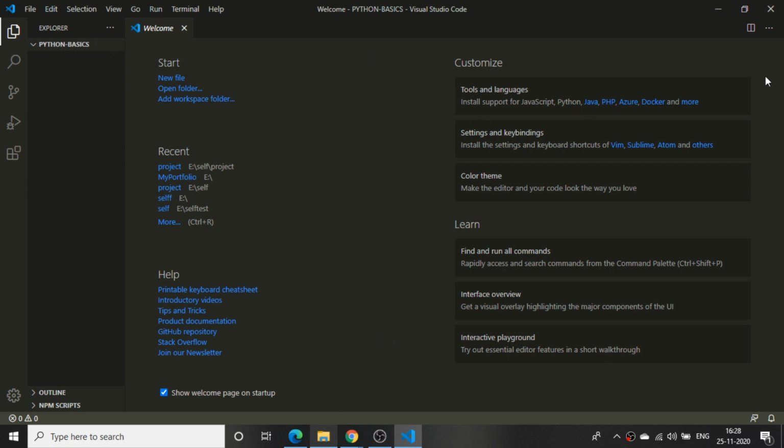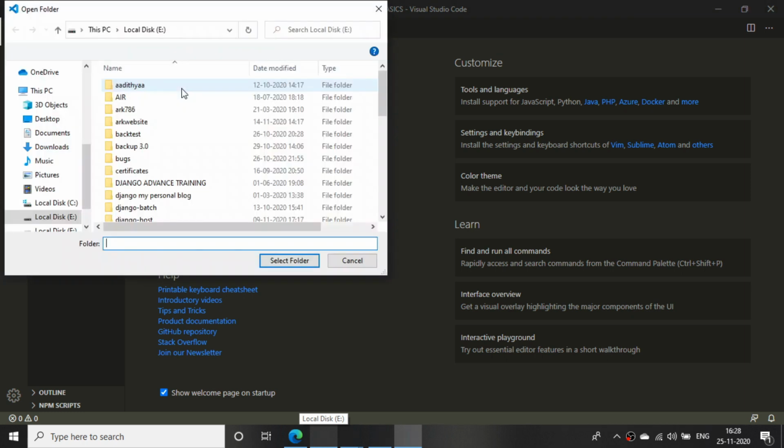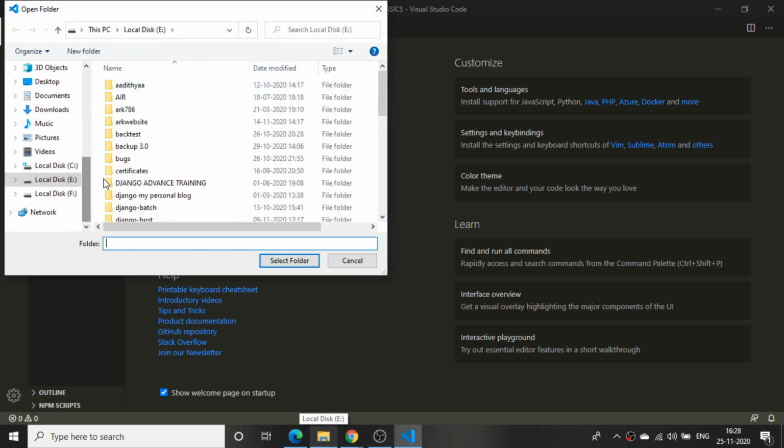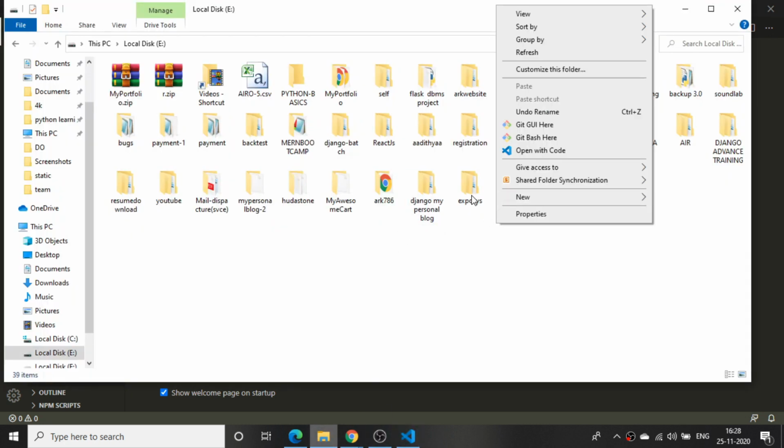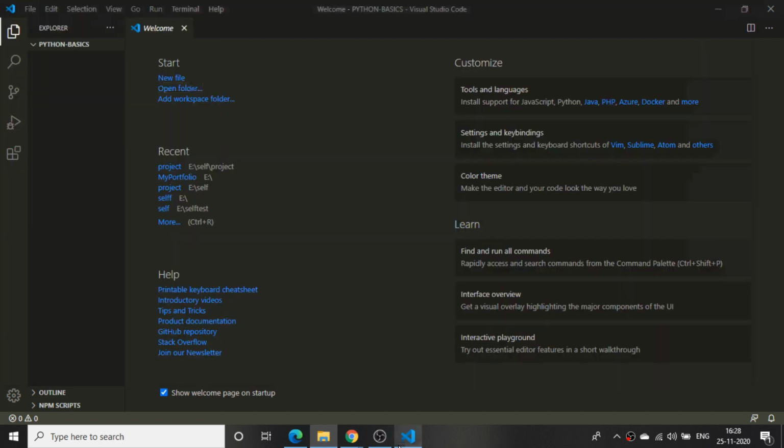After installation, you will open the Visual Studio Code. If you are not able to drag and find, just click on open folder. It will look onto any of your drives, whichever folder you want, you can just open here. So just click here, and if I select a folder, this particular folder will open inside the Visual Studio Code. Or else simply create any folder, just drag that one and drop it over here. It will just open it here.